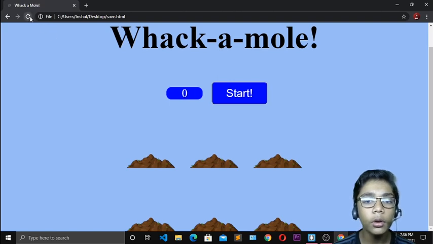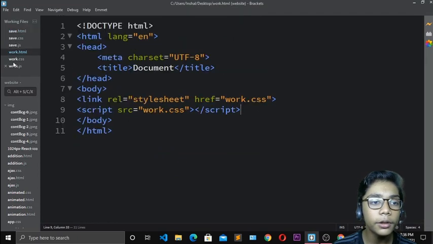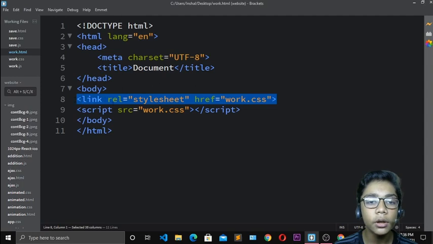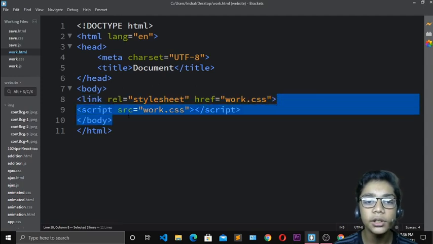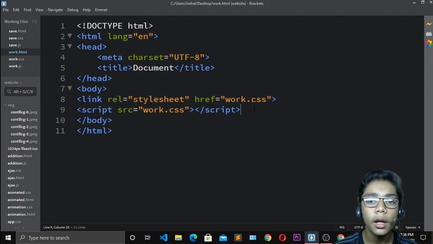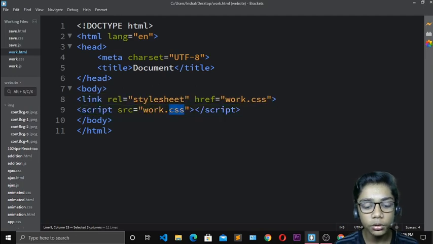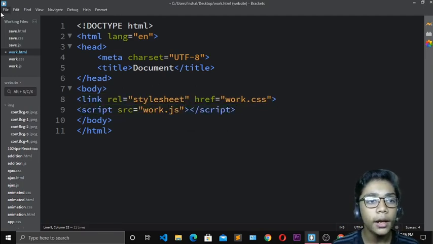For making that, you have to open your Brackets text editor, and like previously we have worked with three files. I have made these files: work.html, then work.css, and third work.js. I have linked my CSS sheet work.css with my HTML sheet work.html, and I have already linked my JavaScript sheet also, so there will not be any problem. I will erase the extra part because it is a JS sheet, and now you have to hit save so these changes are saved.